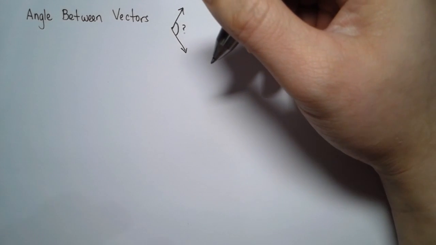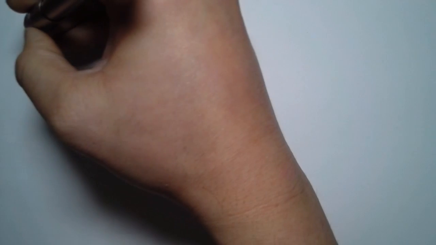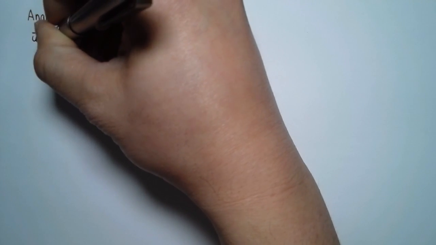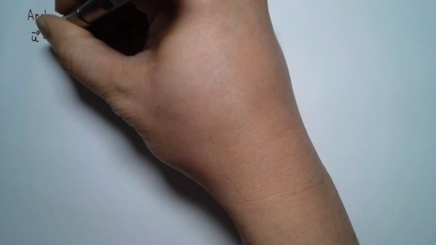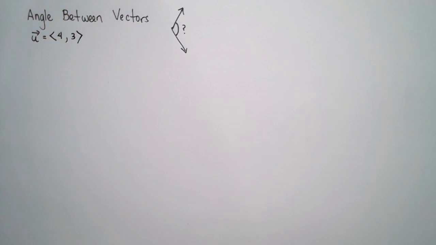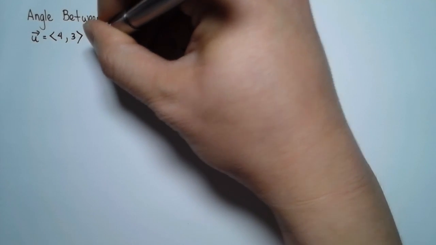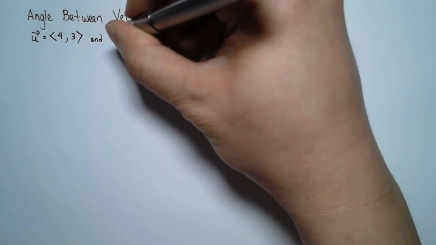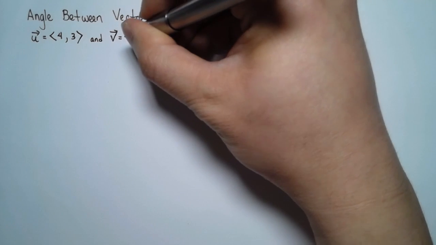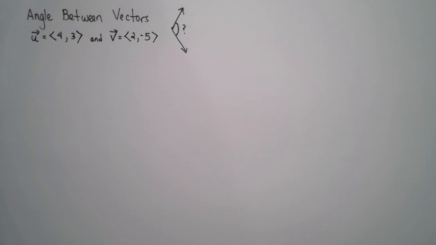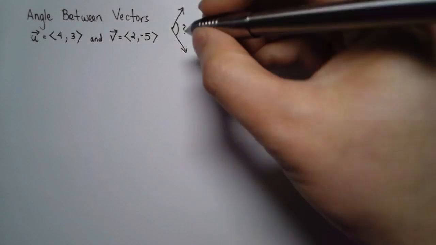So, as an example, let me give you two vectors, which we'll call vector u, pointing towards the first quadrant by putting two positive numbers like 4 and 3, and vector v, we'll try to make point to the fourth quadrant, as an example like 2, -5. Now that we have two vectors, one pointing at the first and one pointing at the fourth, there definitely should be an angle between them,